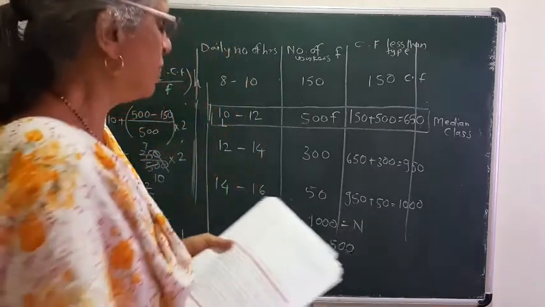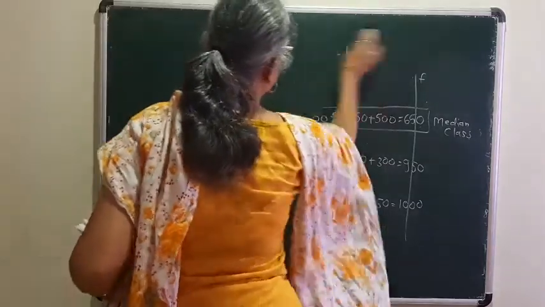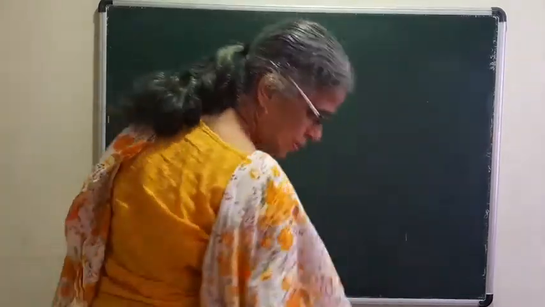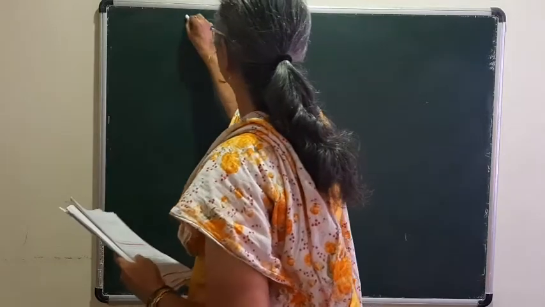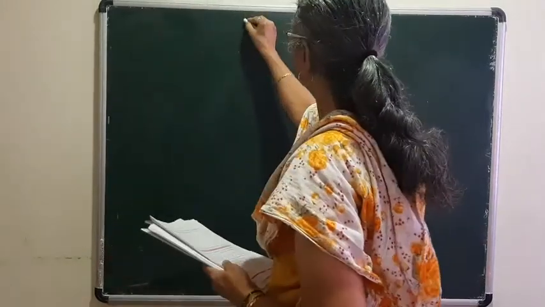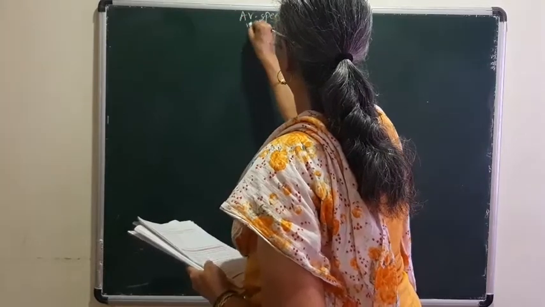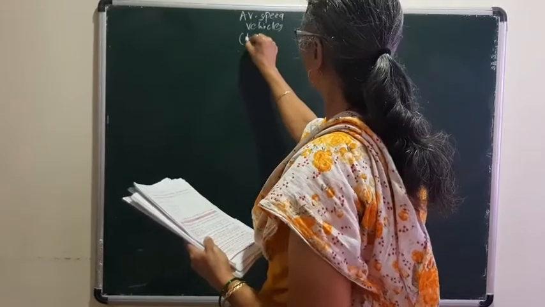Followed? Sum number 2 you do as homework. Sum number 3 I will show, so that it will be clearer how to make the classes continuous. So the third sum: average speed of vehicles, in kilometers per hour.